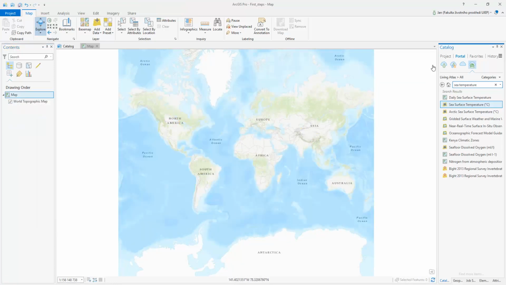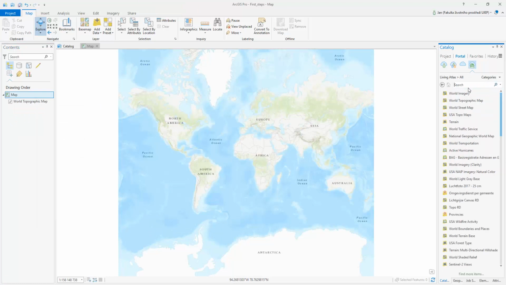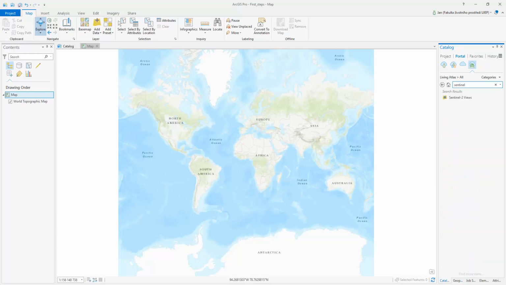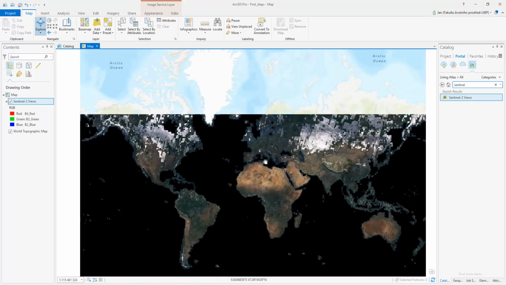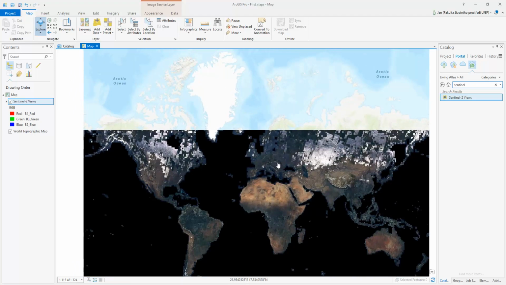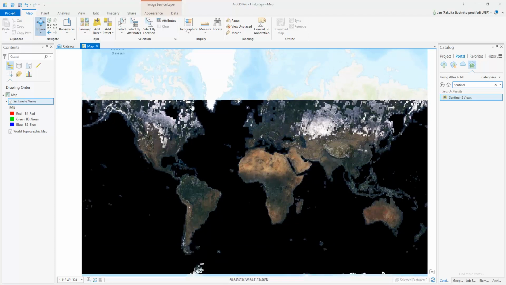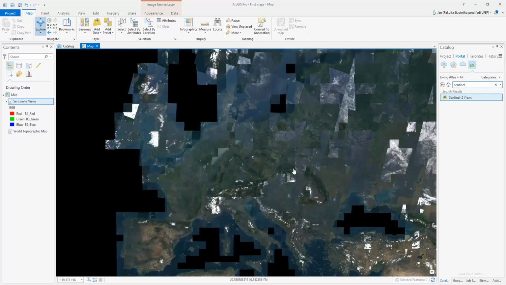Okay, or we can search for. This is good not only for Europe but other parts of the world as well. These are the Sentinel-2 images. These are satellite images for the whole of Europe and some parts of the world as well. And these Sentinel-2 images are updated every couple of days. The resolution is very high, it's like 10 meters per pixel. You can see that the northern hemisphere is not covered, but if we look in the data,